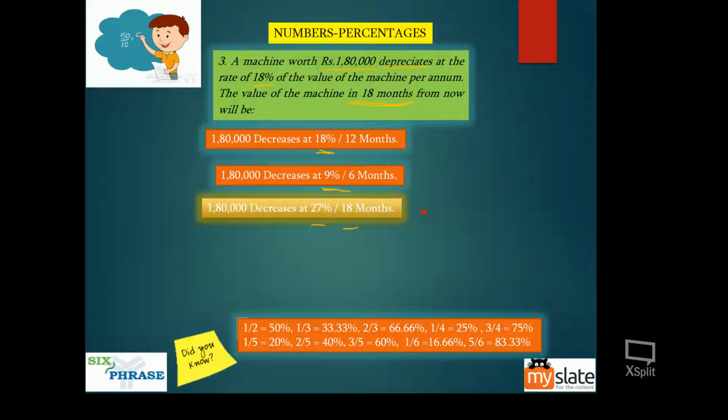If you do 27% for 18 months and apply that, you will get the wrong answer. I will show you why. Because this is correct, this is correct. I don't have an argument against the first two statements that are marked in red. I have an argument against the statement that is marked in gold. My argument is, guys, it goes something like this.